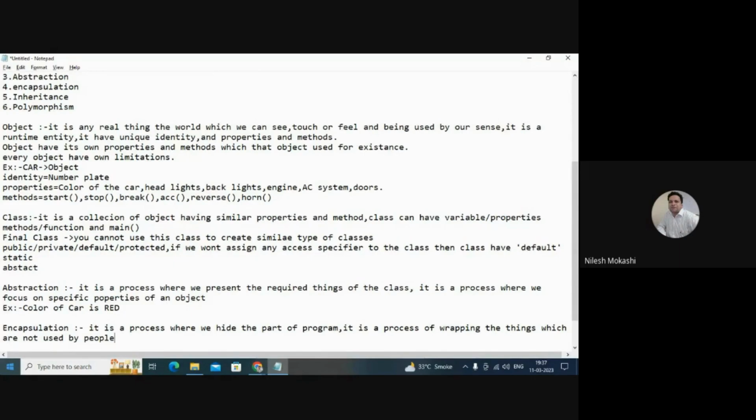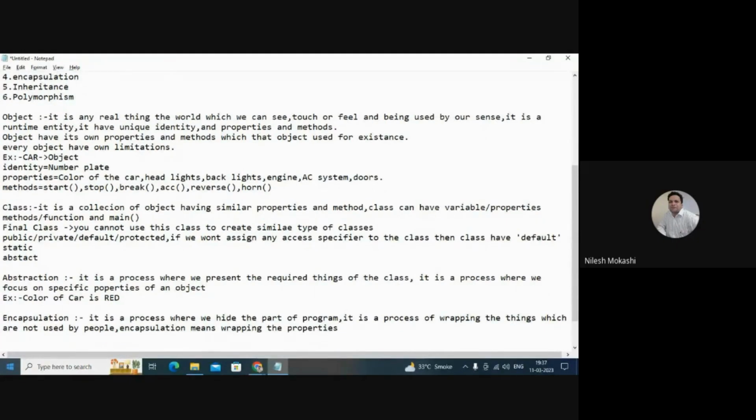So you can have one more definition, that encapsulation means wrapping the objects or wrapping the properties. We are not going to show these particular properties to the user, because they are not useful for people. Whatever machinery, whatever engine, is always a property of a car which is hidden from outside.